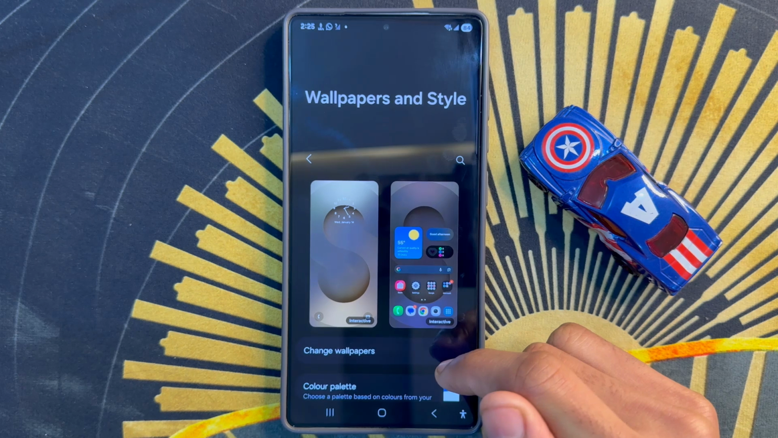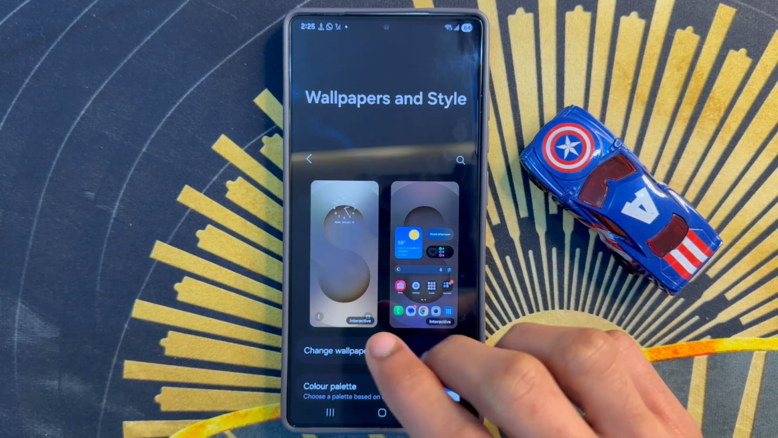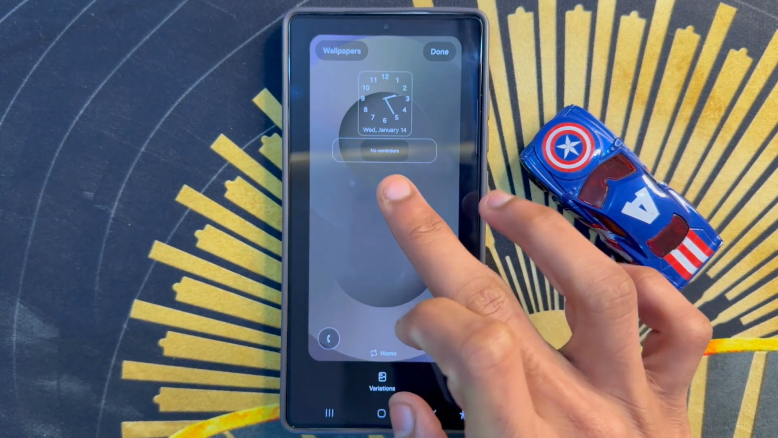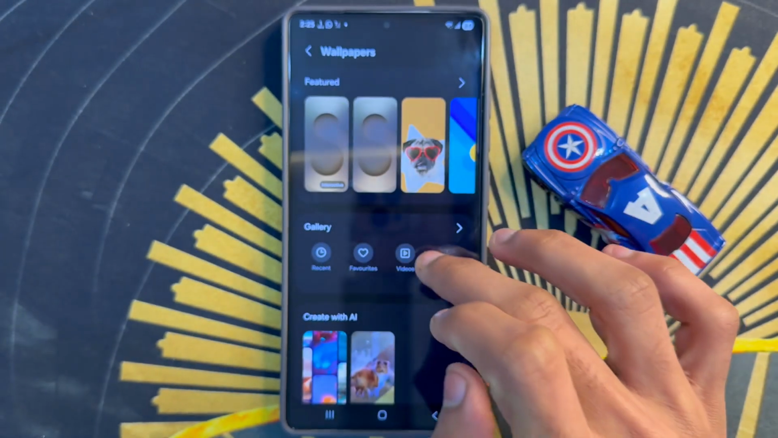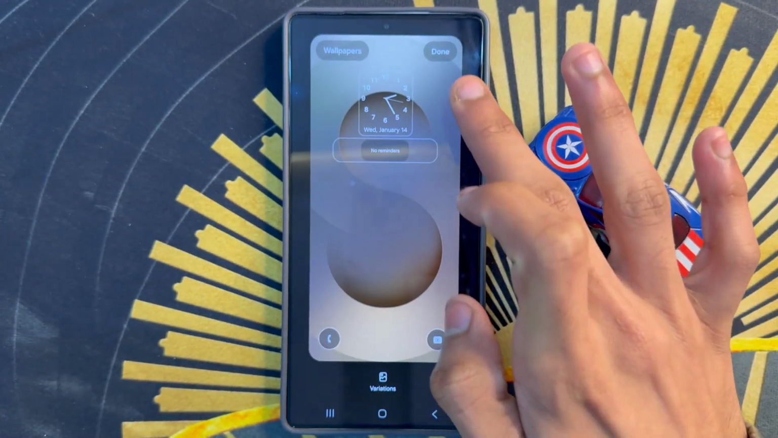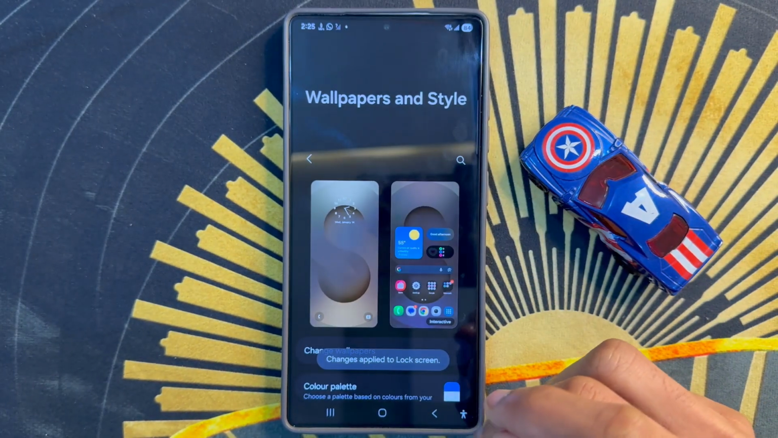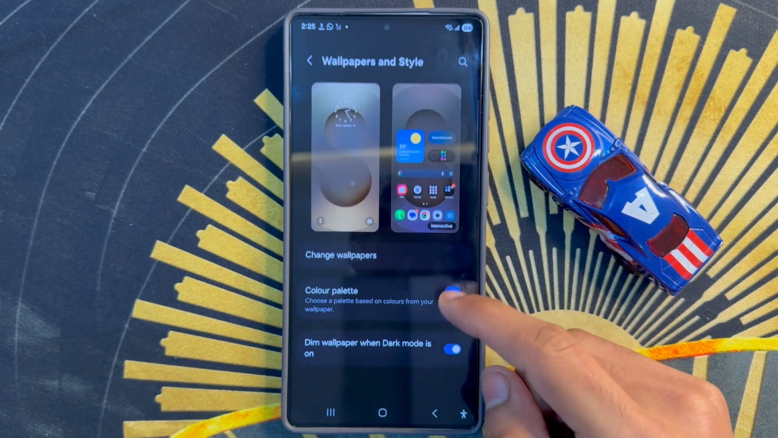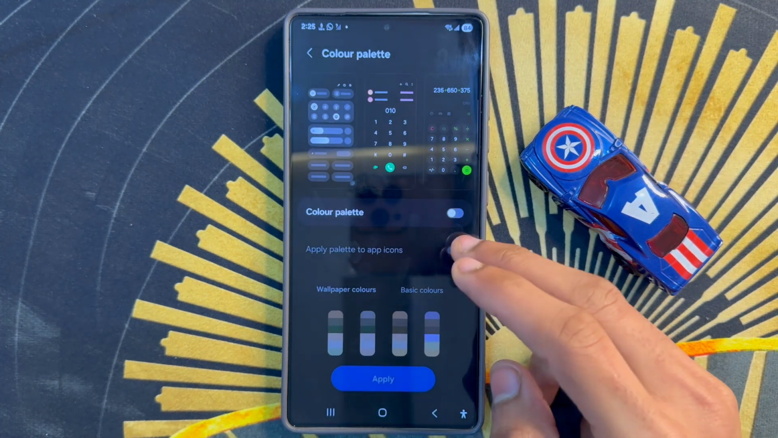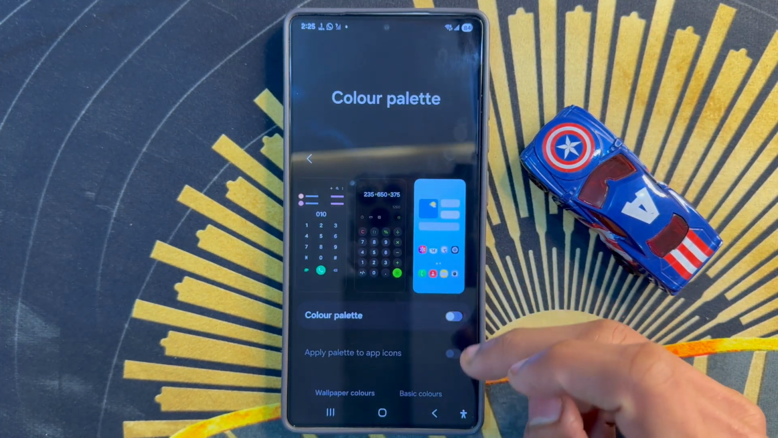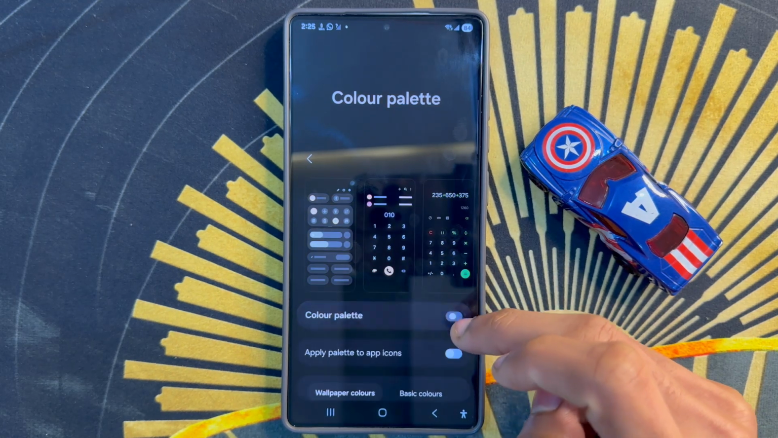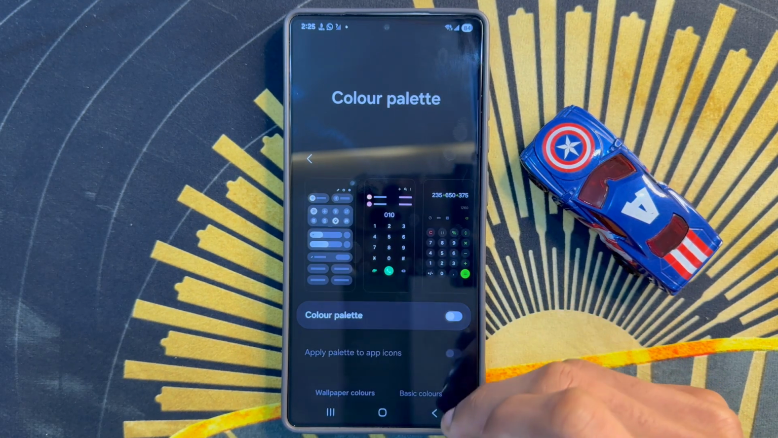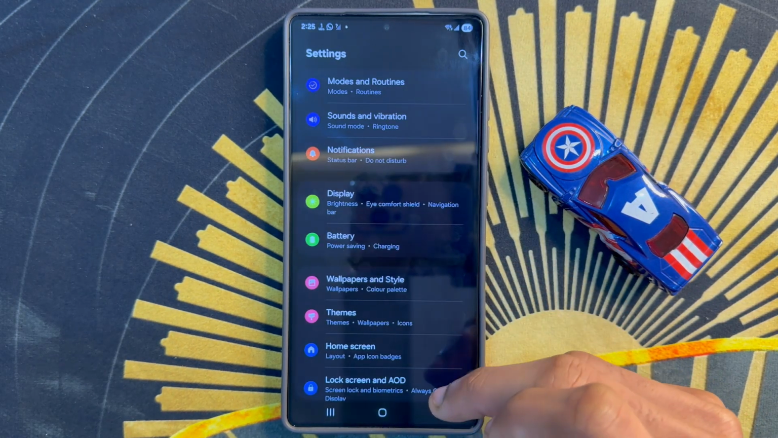and apply your favorite theme color. Apply your favorite theme. After applying your favorite theme, scroll down and click on color. You will see, you will select from here. After adjusting, go back